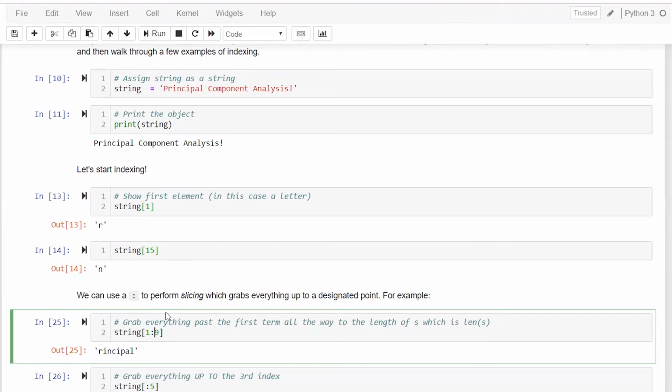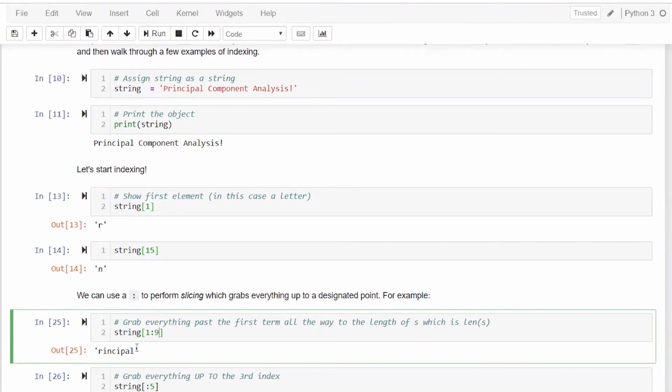It tells Python to perform slicing up till a designated point. For example, I have specified here, take all the characters of the string from index 1 to 9. So that means your second character, third, fourth, fifth, sixth, seventh, eighth, ninth. I specified till 9, which means the 10th character, right?